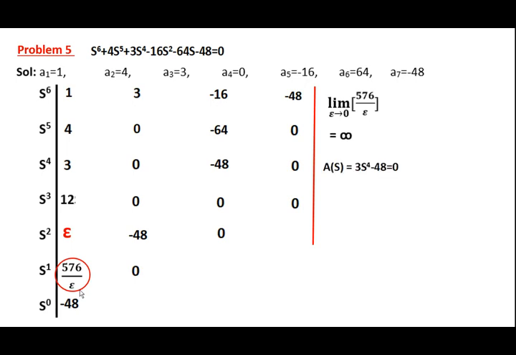And also, if I get a positive value here, so there will be all positive values except the last one. So there is a change in the sign only once. So positive to negative, only one sign change is there. So only one root is present in the right half of the S plane.